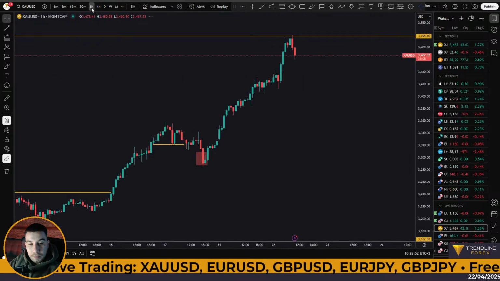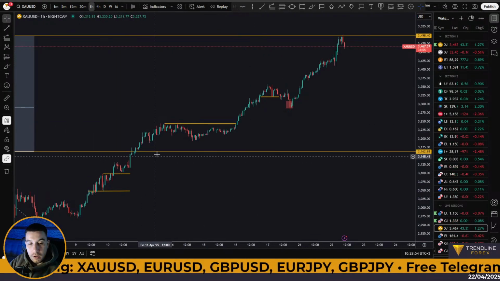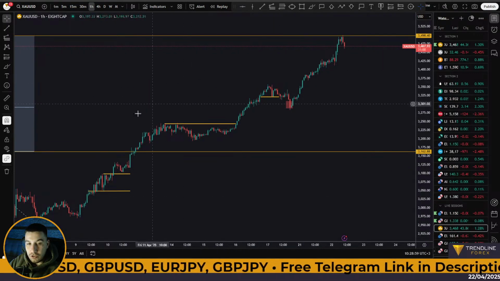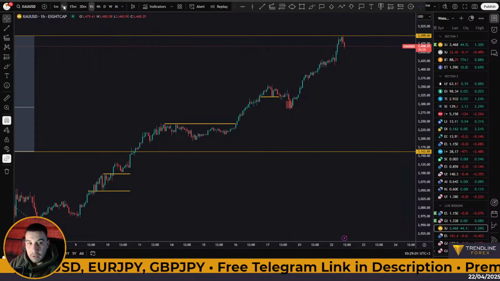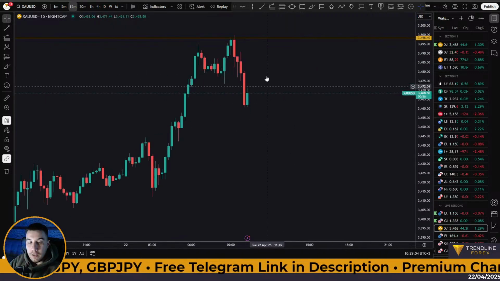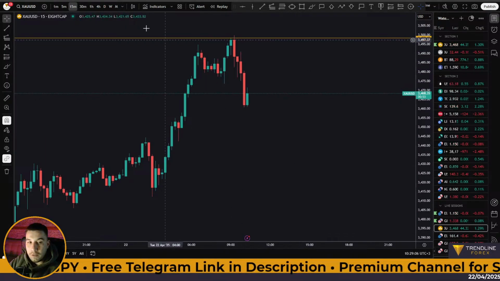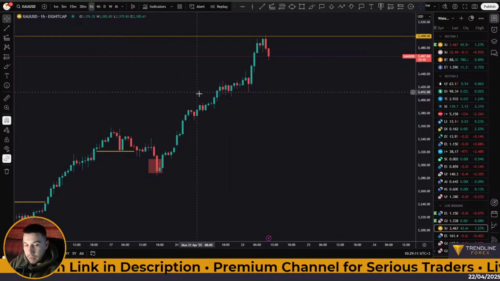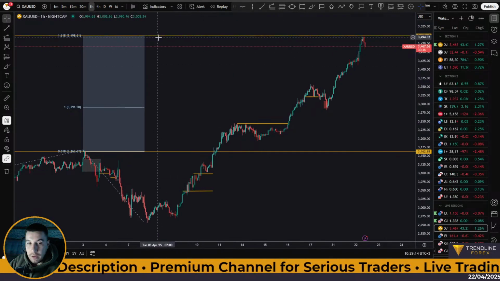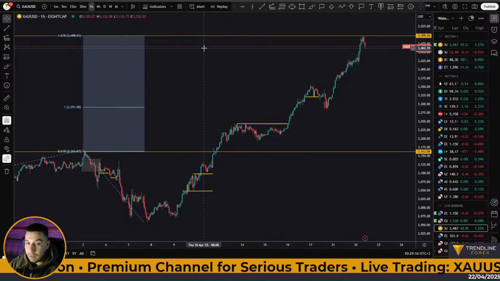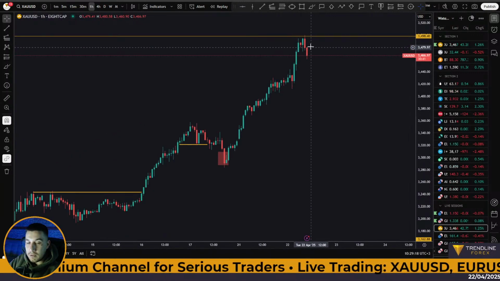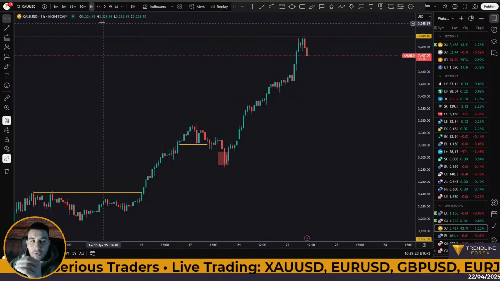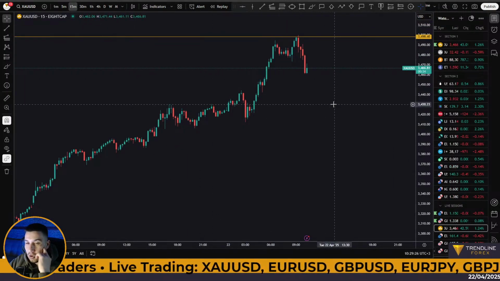Now, when gold is moving in a certain direction in such a strong way, I would normally expect very small pullbacks. So let's say, for example, that would be enough of a pullback for me to start again looking for buying opportunities. But the only difference now is that we are at the 3,500 level. So this is what makes me think we're due to see a deeper pullback, and that's why I'm not going to rush into any entries here on gold at the moment.